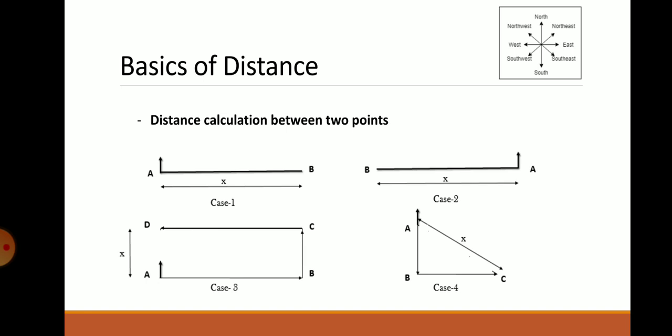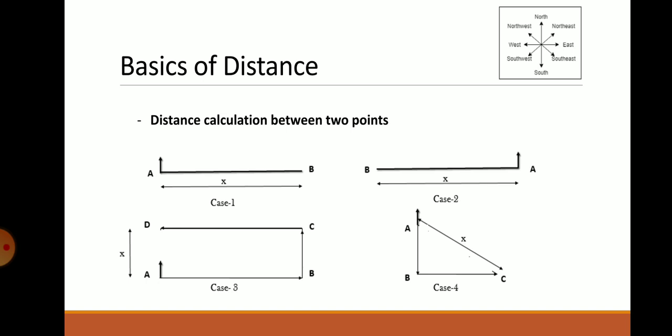Not only have you turned, you have moved a complete path. Suppose you are standing initially at point A facing north, and you have moved a certain distance towards your right hand side, and you have now come to point B. At point B, now your face is towards the east direction. Now it is said in the problem that you have moved towards your left by a certain distance and you have reached point C. Then at point B you are facing east, and your left hand side will indicate the north direction.